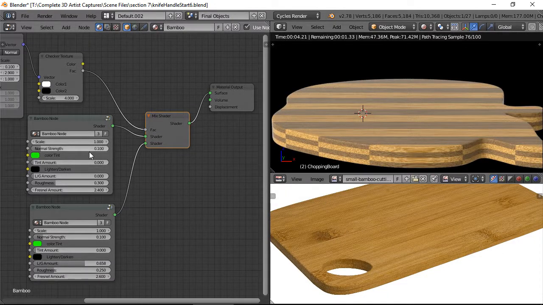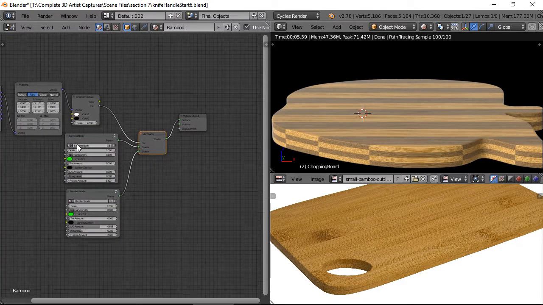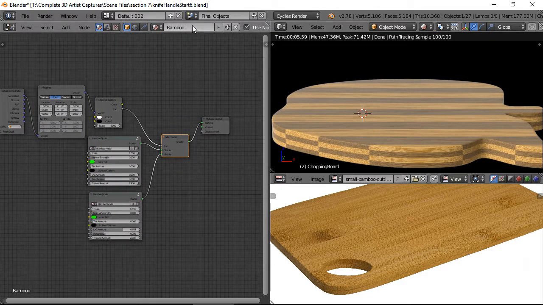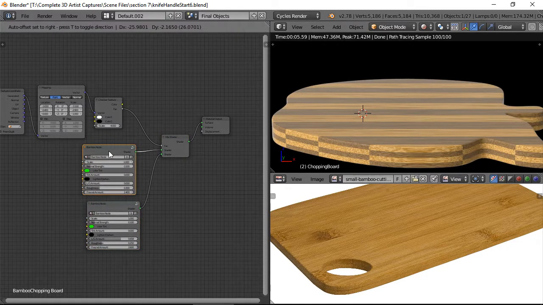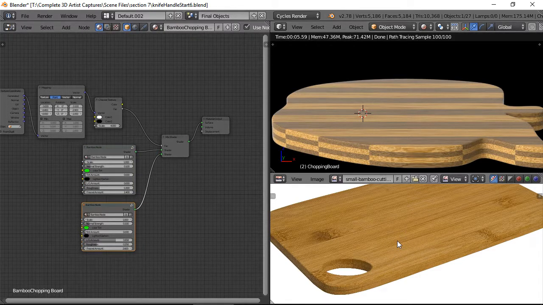As far as everything else goes, I'm going to stick with all the settings that we have here. Everything looks nice. And there we have it. There we have our chopping board. So I'm just going to call this chopping board because it's no longer just bamboo, it's the actual chopping board material. And the only thing left to do is actually apply the same material, the same bamboo node, to our